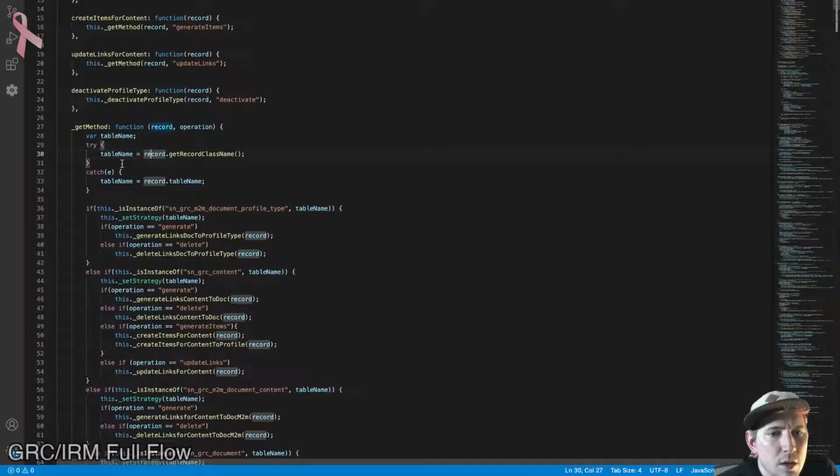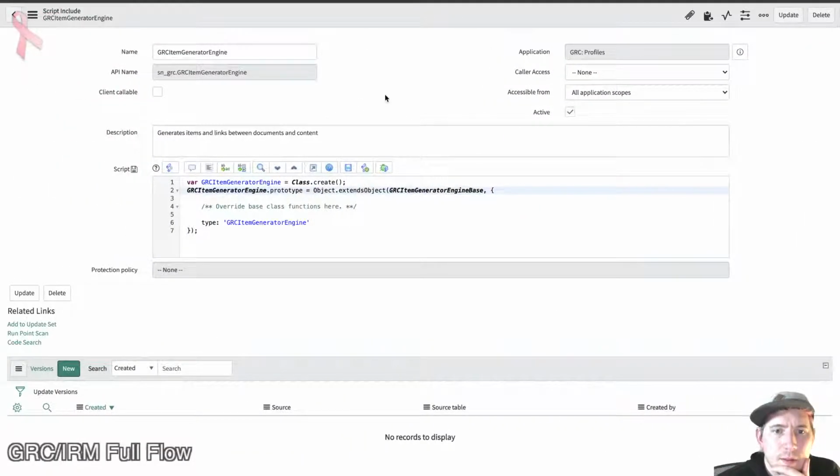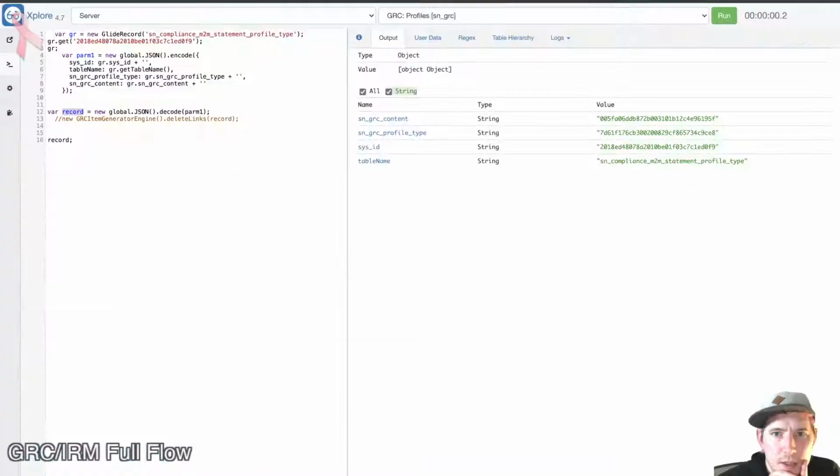If it is a glide record, which we try, then it gets record class name and it knows it will be extended. However, if it's not a glide record, or if it's not an extended glide record, I think in that case that would fail if you passed in the wrong record. It catches it, and that encoding of the JSON via the event is acting as a record. So what gets encoded, all the things we would access from it, table name,